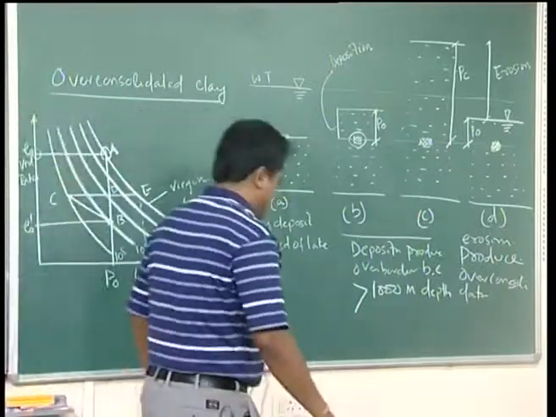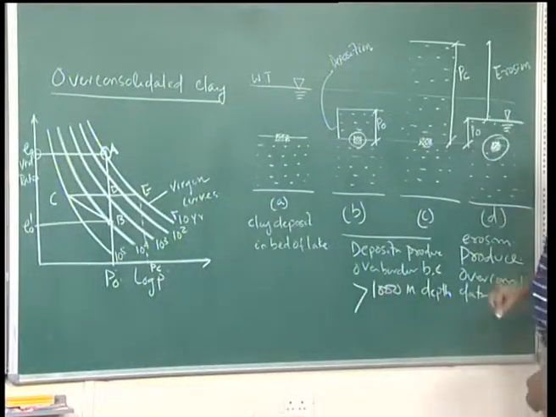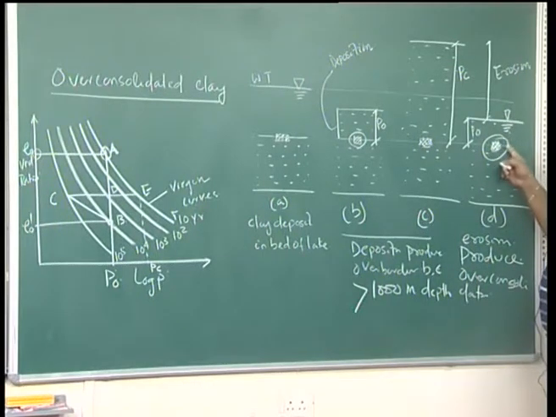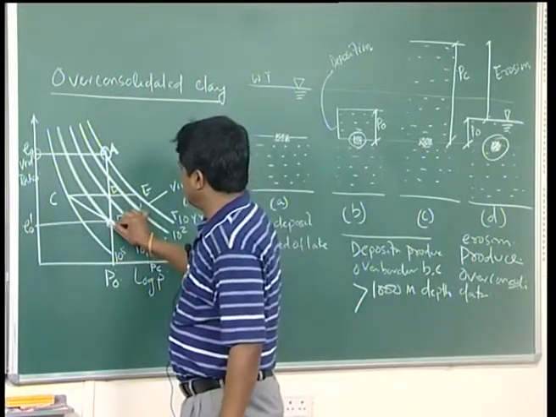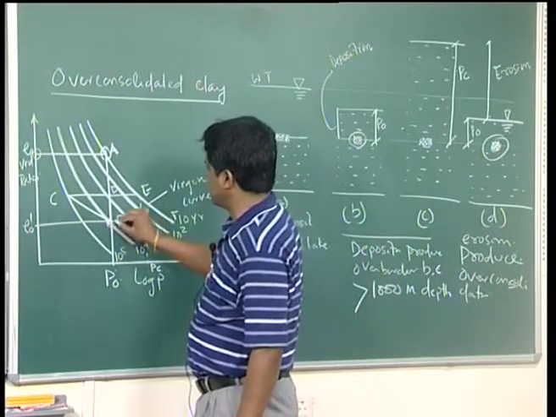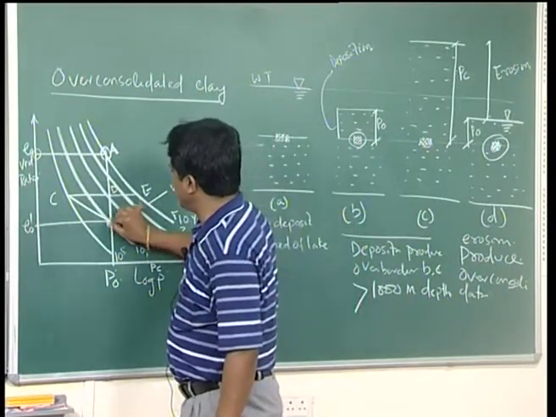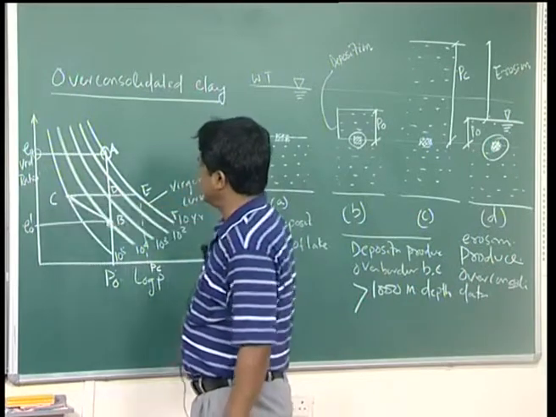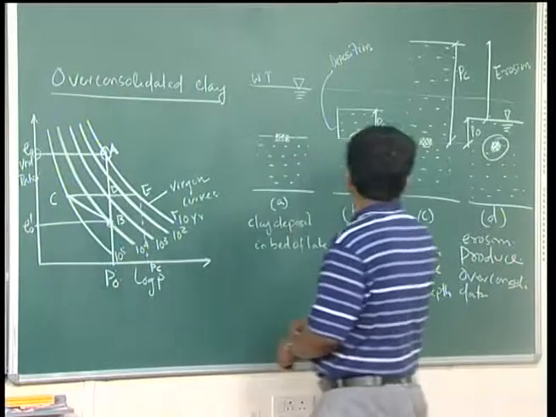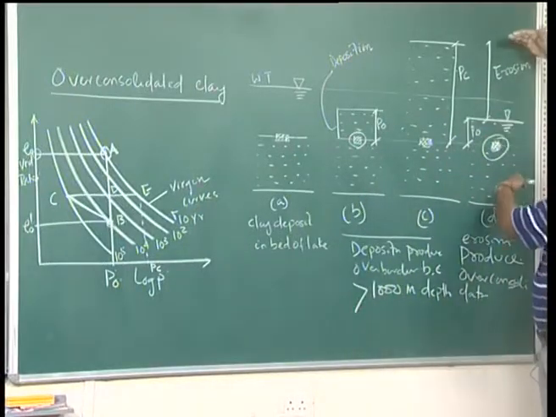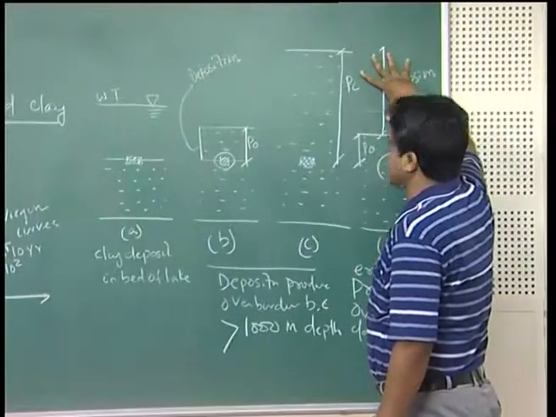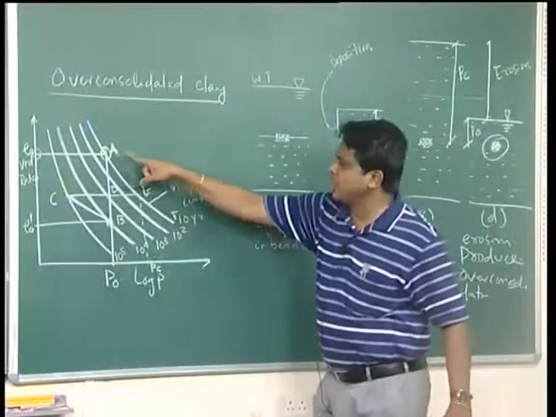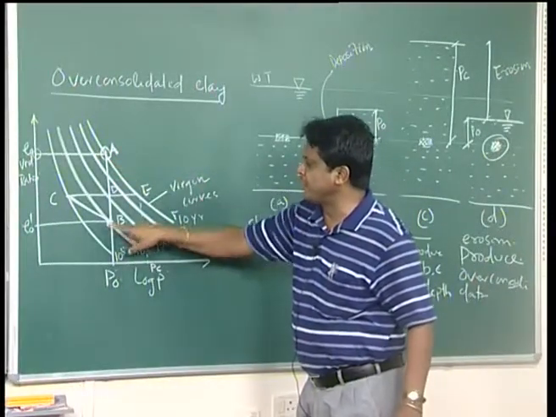Now, the moment you take the soil sample to the laboratory to start your consolidation test, what will happen at these positions? Once you put it in consolidation, there will be a recompression; it will expand from here to here, because the moment you take out the soil sample, the overburden is lost. This is because of erosion. That is why the curve comes down from E0 to E0 prime.